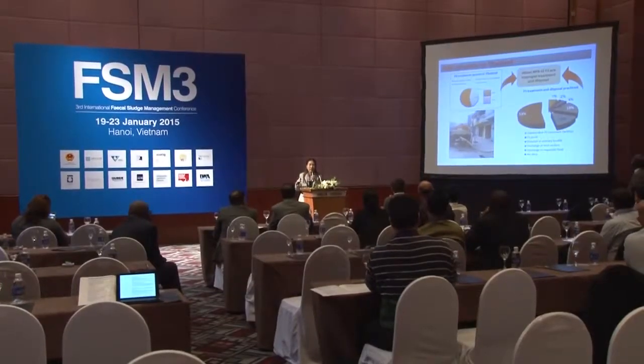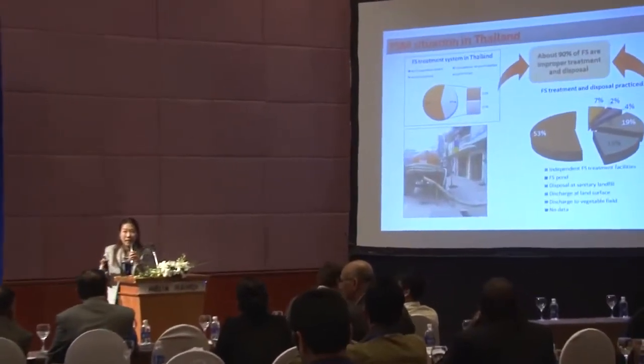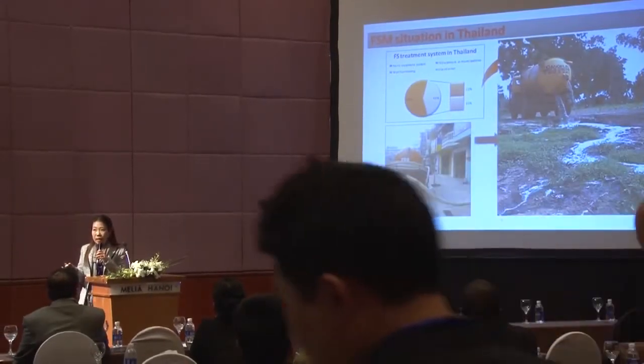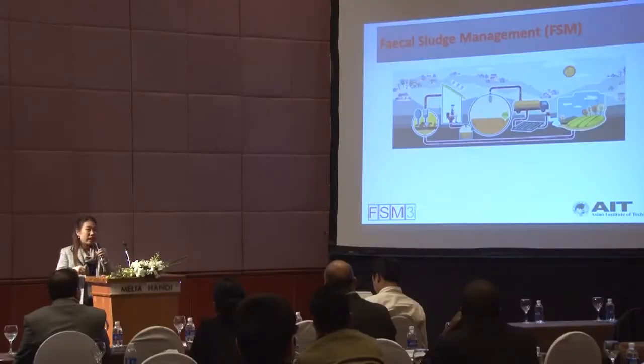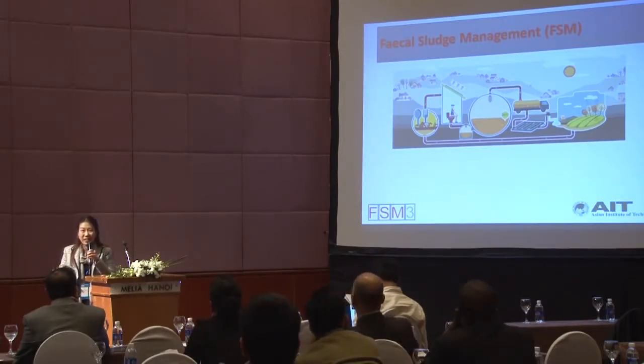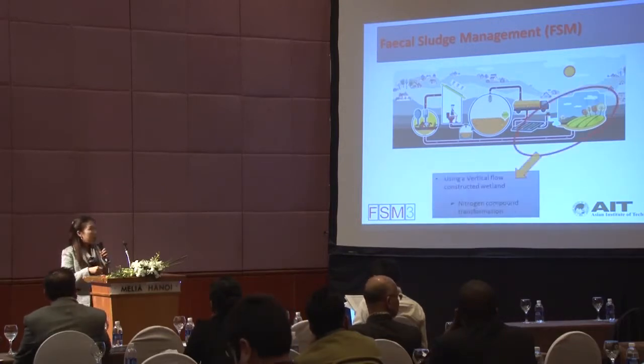However, 90% of that 40% is still improperly operated or cannot operate well. This means that about 98% of fecal sludge in our country goes to the environment and to receiving water. As researchers, we also try to manage the sludge. This is the ideal of the researcher, to close the loop: we try to treat and also reuse. In my presentation, I focus on the last part of the chain, which is treatment and reuse.